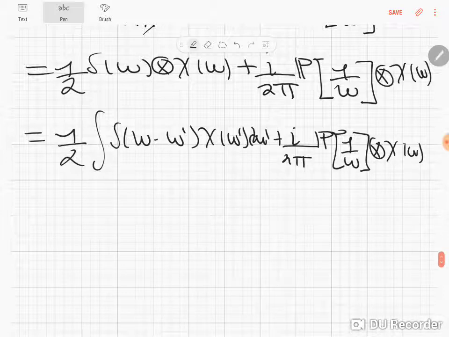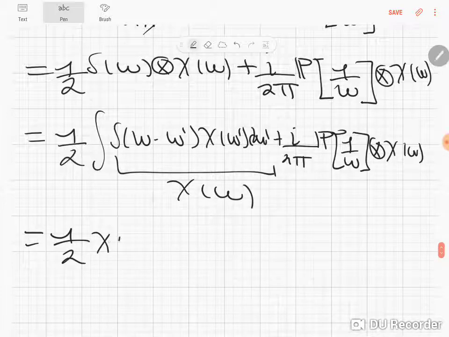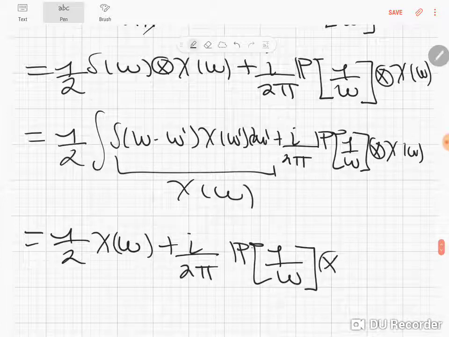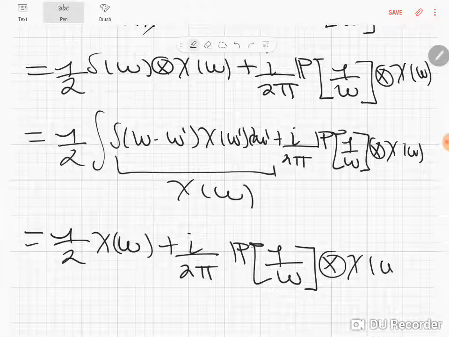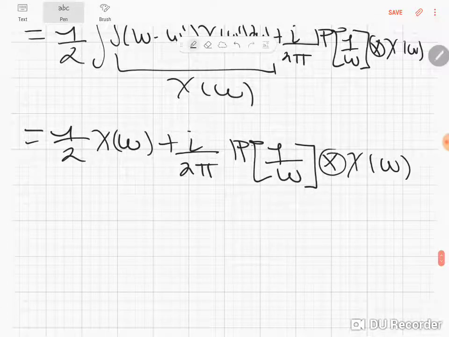This thing here is nothing but just chi of omega. So then this is equal to a half chi of omega plus i divided by 2 pi, principal value of 1 over omega, convolution of chi of omega. Okay, so then with that said,